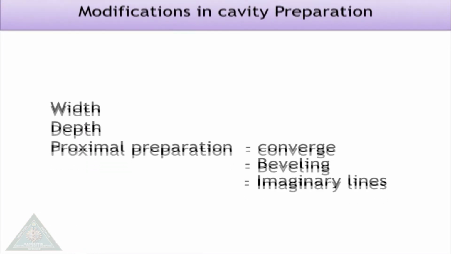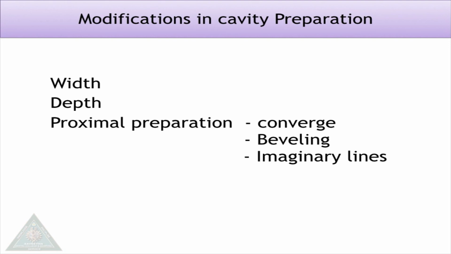The cavity preparation in primary tooth can differ in width, depth, or proximal preparation, which can be convergent, beveling, or